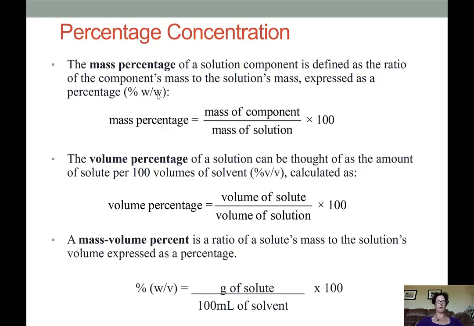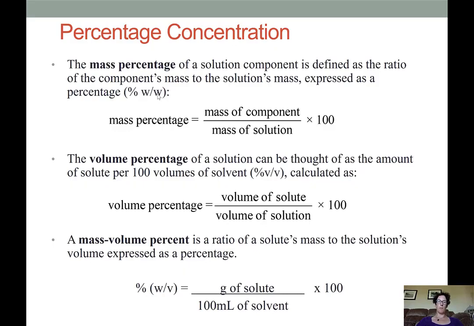The third way of describing a percentage concentration is by combining these two concepts for a mass volume percent. This is especially useful when you're talking about the concentration of a solid within water. Water has a density of approximately 1 gram per milliliter. So if we compare the mass of the solid solute in grams to a volume of 100 milliliters of solvent,